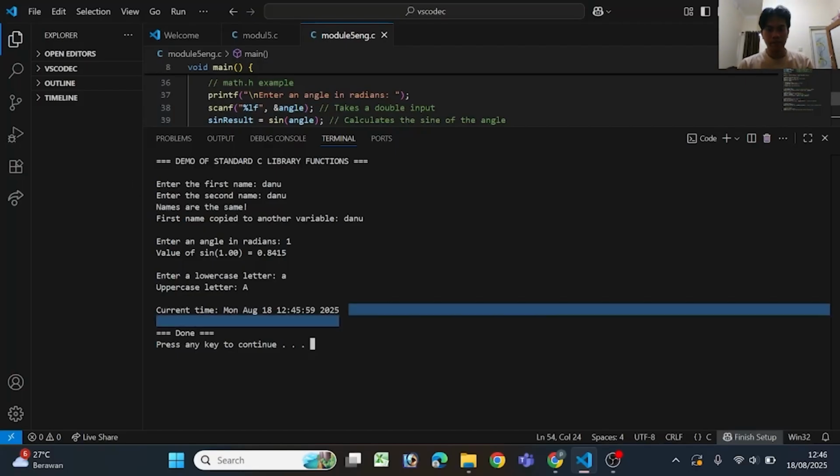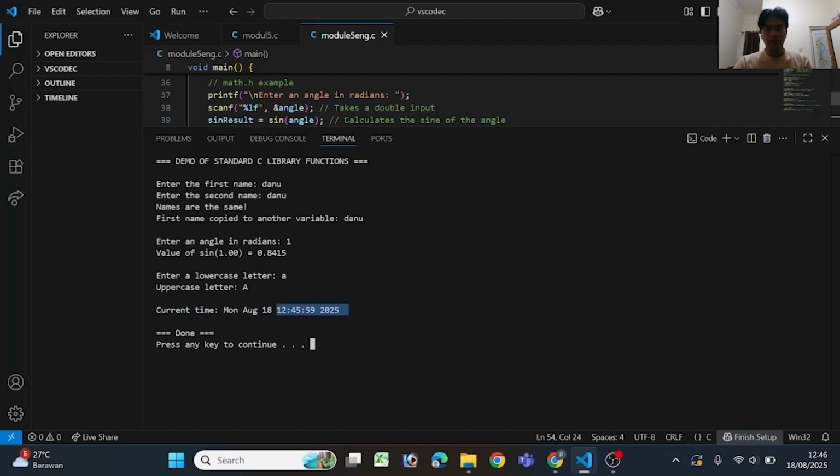And this is the current time. This time will be automatically read by the program when we run it. And here we are asked to press one of the keys on our keyboard, one of which is enter.